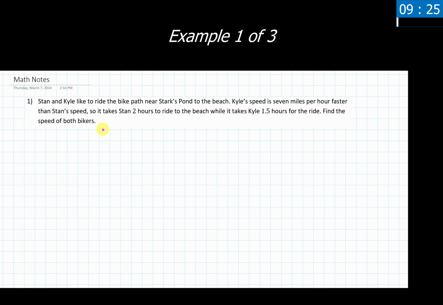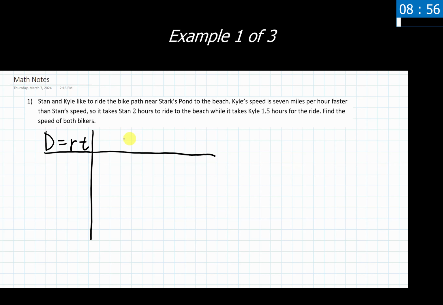So we have a distance, rate, time problem showing up here. We have some distance that they're traveling, we have some time, and we're told to find their speed. Rarely do we see a problem say, tell us the rate of these things. They'll say, find the speed or something along those lines there. So we're going to go ahead and start with making a table for ourselves. I think a table is the best way to start with this. And I think the DIRT equation written in the top left corner is a really good starting place.